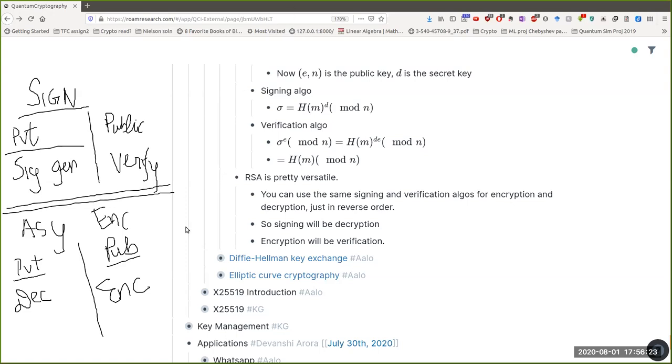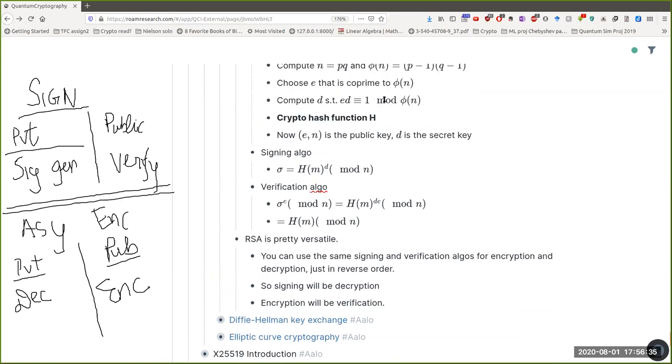So, how do you do this reverse, and why can you do it in reverse order? Because this is commutative, right? My main thing is ed equals 1. I have two numbers and I know when I'm multiplying them under modular multiplication, I'm getting 1. So I can choose any one of them as my private key, any one of them as my secret key. So how I do this is,